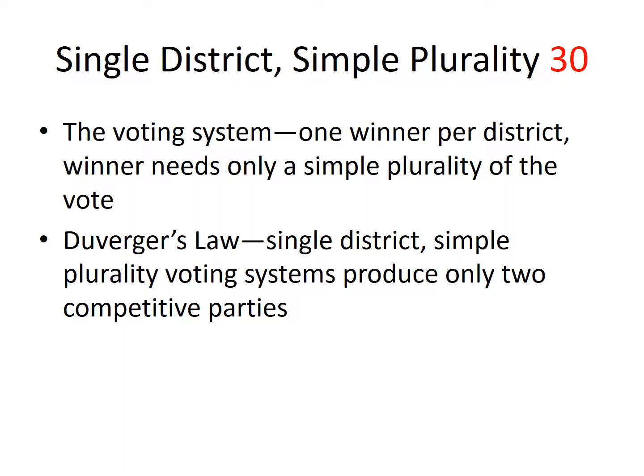Probably the voting structure has more to do with why it's very difficult for third parties to compete than anything else. One winner per district, and all you need is a plurality. You don't need a majority of the vote. And so, as we've mentioned in some other cases, Duverger's law is an observation about politics in countries that have that system: you tend to have only two competitive political parties. If you add in also the Electoral College, it really seems to seal the deal that there's only two competitive political parties.